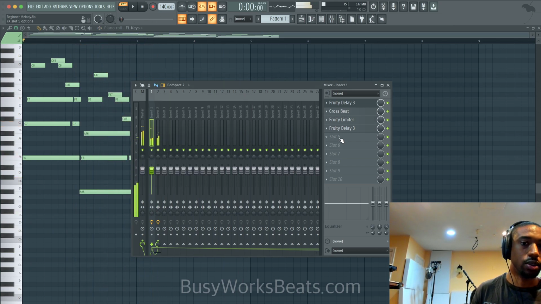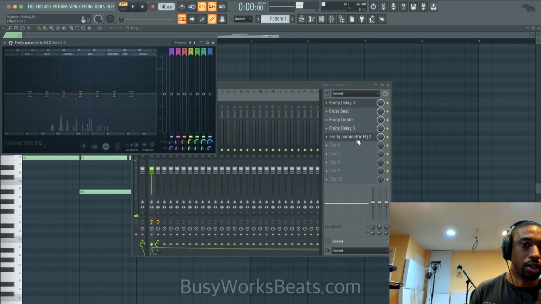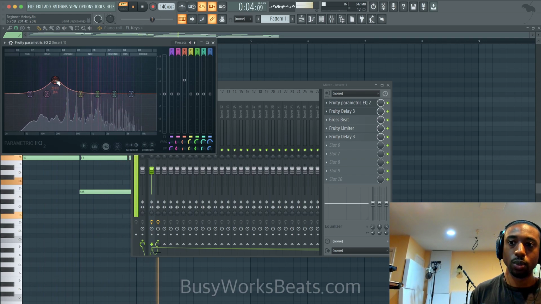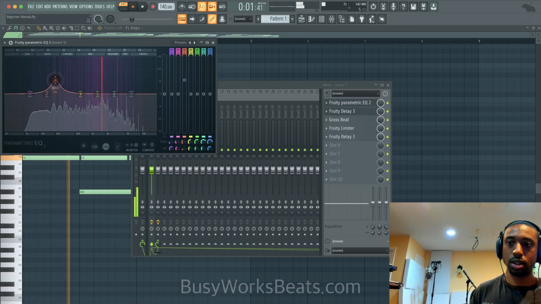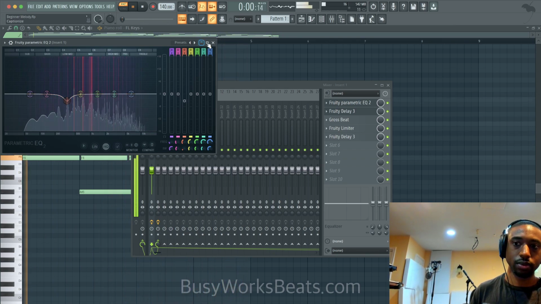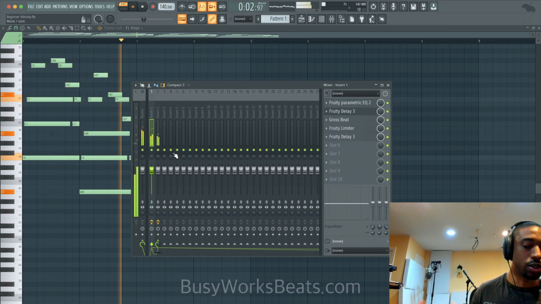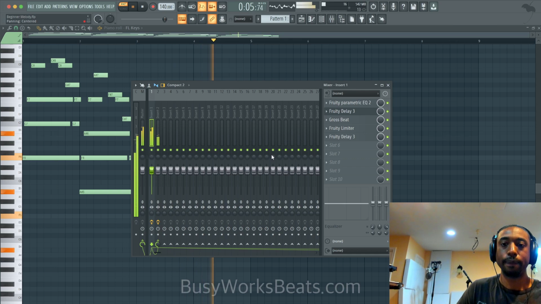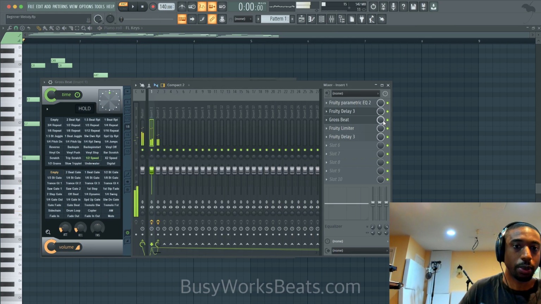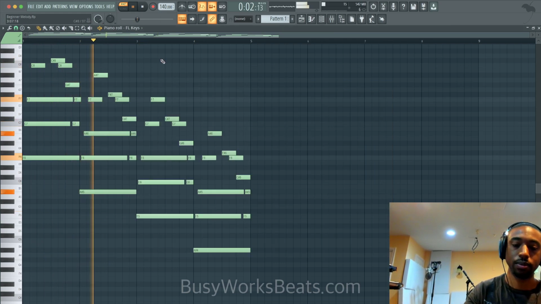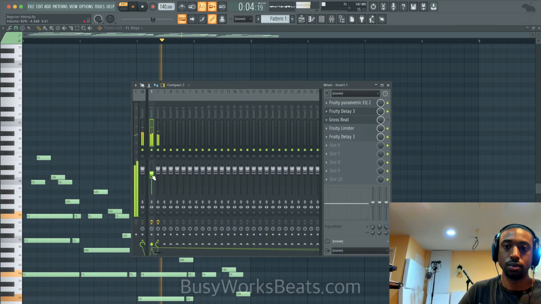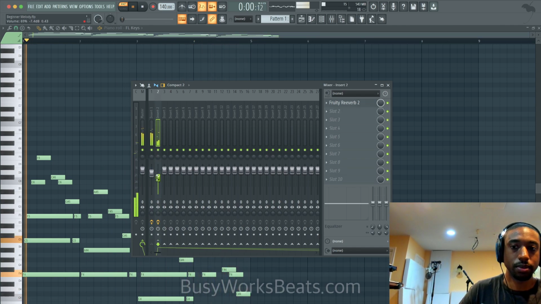Little mud in here, so we'd have to EQ that out. So this is more corrective EQ I'm going to add at the very beginning. It's a little hard to hear it. Muddy zone around like 200 to 400 hertz. Let's turn off the Gross Beat, so we remember where we started. Just gonna pull this down a little bit.